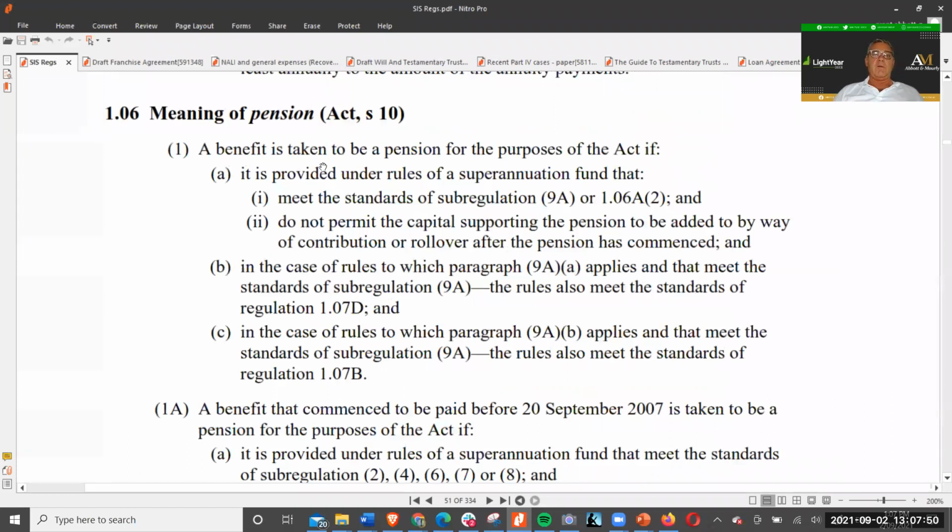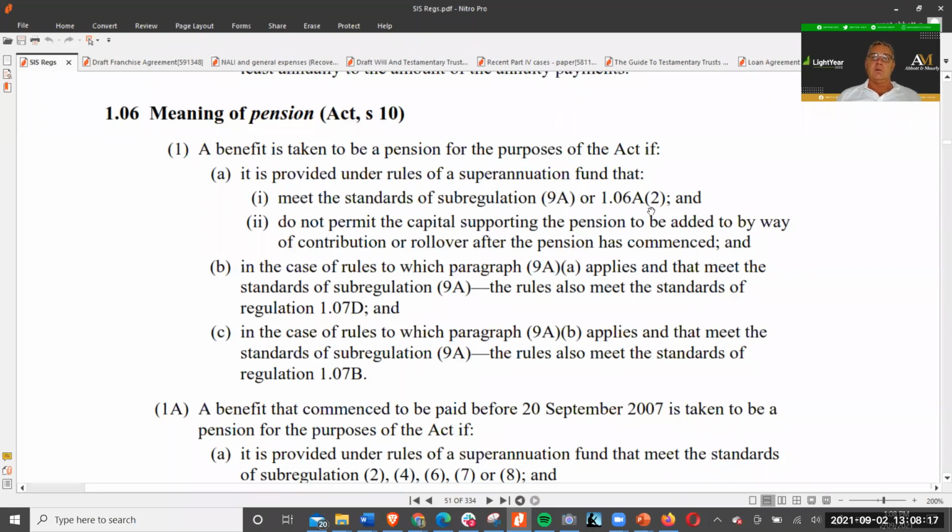A benefit is taken to be a pension for the purpose of this Act, and that's really relevant also when it comes to the tax-free status of income in the superannuation fund for the underlying assets that back that pension. Basically, if it is provided under rules of a super fund that meets the standard of sub-regulation 9A or 1.06A2, which is a lifetime pension, which we generally don't do,